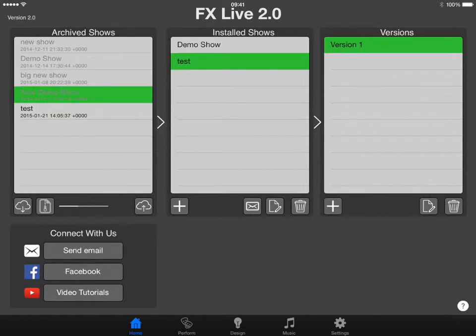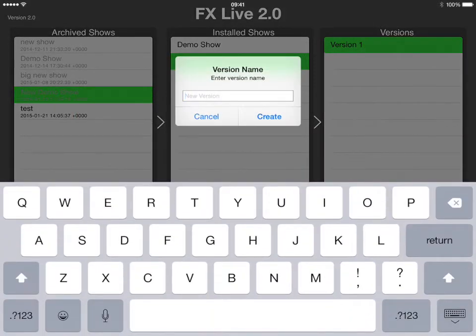Just while we're waiting for that to download, let's talk a little bit about show versions, because this is something new with FX Live 2 that makes it much easier for you to try out different things and also to give you an additional level of security if you're making some changes. So currently in my test show I've only got version 1. So if I now were to press the plus version button and add new version, just give them any name I like, and create that,